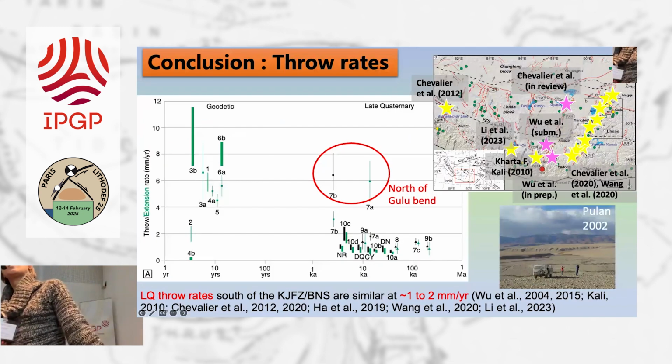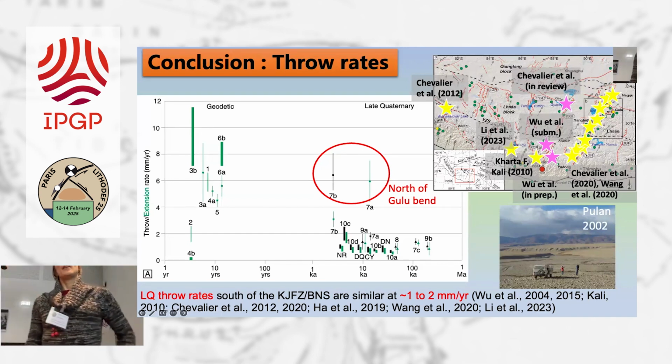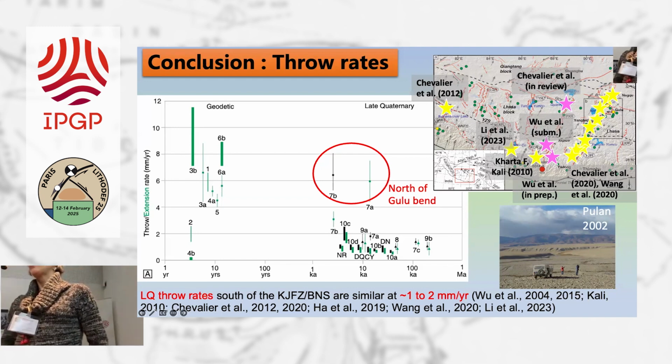So when we take all of the data at the late Quaternary timescale along these north-south grabens, you see we have lots of data on the Yadong-Gulu Rift, not just from us, and then one data point from the Western Amadrime Rift, Amadrime Range, and then one from Paul's collaborator, Li Kong. Paul is a co-author, obviously, and then one from the Pulan Rift. And you can see that all of these data regarding throw rates are quite uniform between 1 and 2 millimeters per year. So that seems to be the norm in southern Tibet.